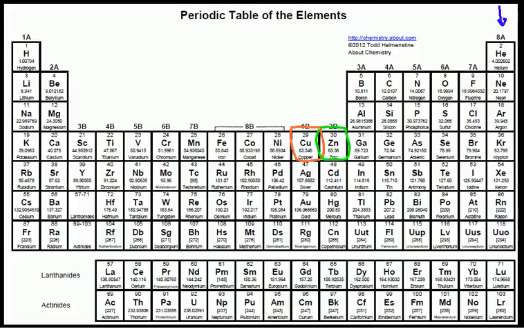However, if we look at the diatomic molecules, which are made up of hydrogen, as well as nitrogen, oxygen, fluorine, chlorine, bromine, and iodine,